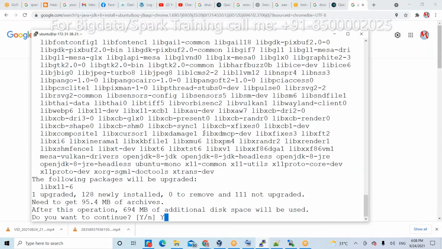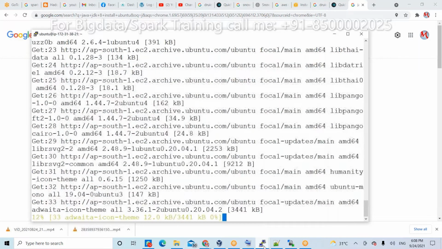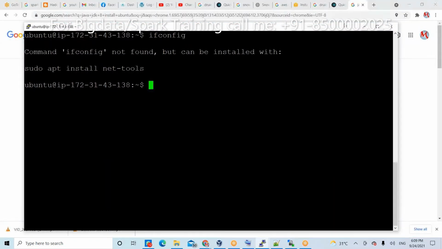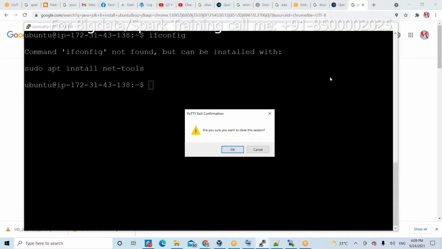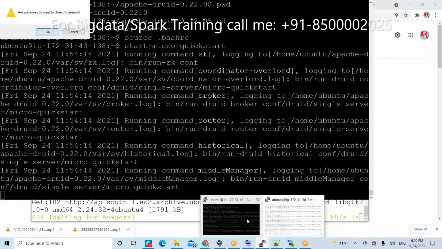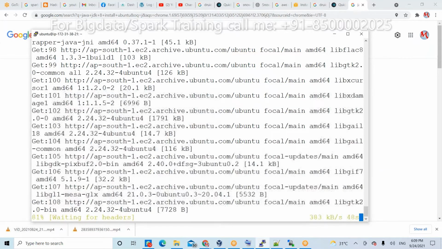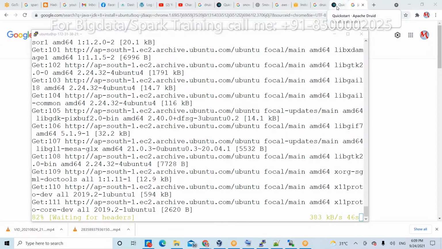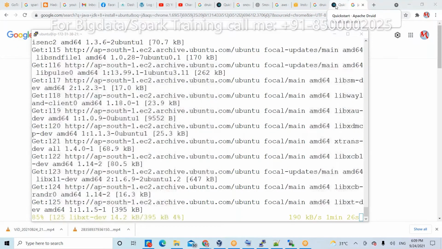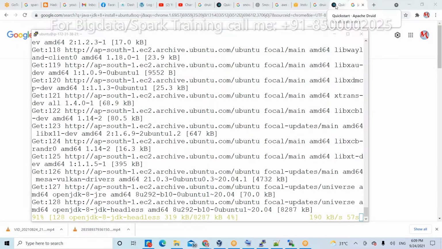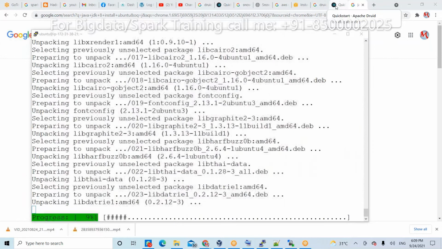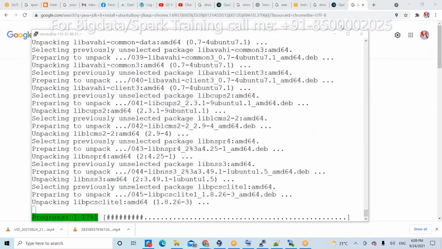Maybe somewhere you will get a prompt; enter Y. This is my old terminal, so ignore that. Okay, almost completed. Maybe it will take a little time.